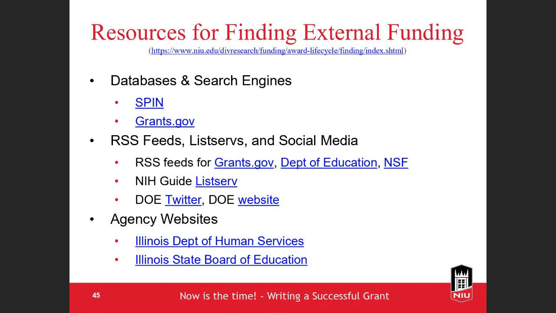You could also go directly to grants.gov to find some grants, and it'll give you the information, the calls for proposals, deadlines, info, etc. You could also find proposals by following RSS feeds, listservs, or social media. And I learned that the Department of Ed has its own Twitter account, so you can find some grants through these different means as well.